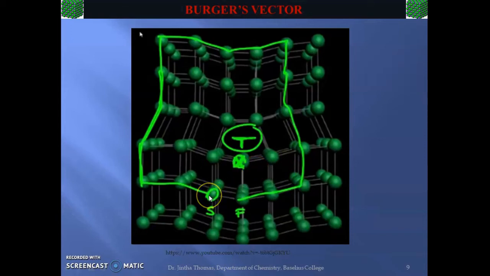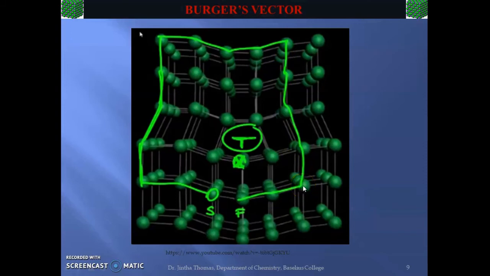Let us start from the point, say S. Let us make the loop in the clockwise direction. For that, first of all, let us move 2 steps to the left, then 4 steps to the top, 4 steps to the right, again 4 steps down. So we are at this point.